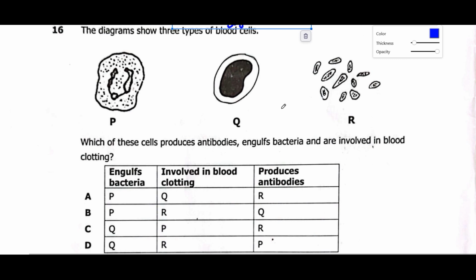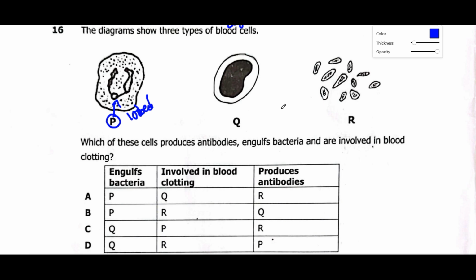Move on to question 16. The diagram shows three types of blood cells, P, Q, and R. Which of these cells produces antibodies, engulfs bacteria, and is involved in blood clotting? So P has a lobed nucleus. Therefore, this one is involved in engulfing. So P for engulfing. Then